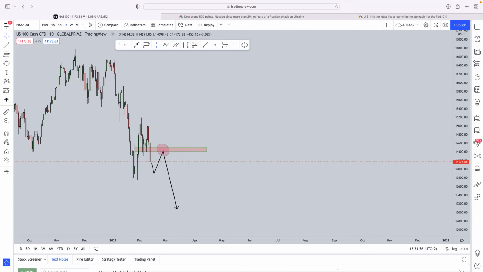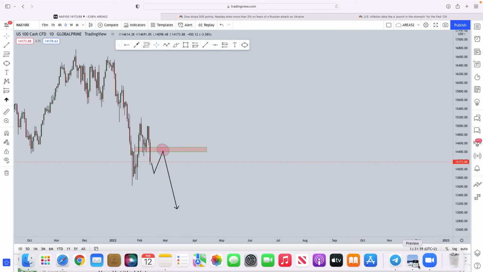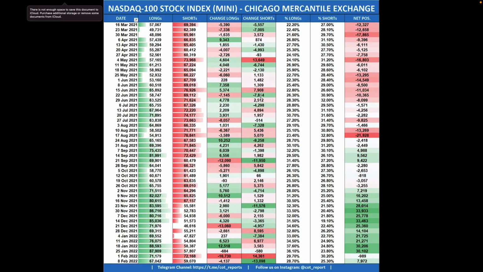So the next thing we are going to look at is the order flow data, the commitment of traders, and this tells us what the big banks, hedge funds and institutions are doing in the market. Firstly, based off last week's report, hedge funds came in and closed 4,137 of their selling positions. They also closed 13,098 of their selling positions as well. But we can also see that they closed 16,000 buy positions, then came in and closed another